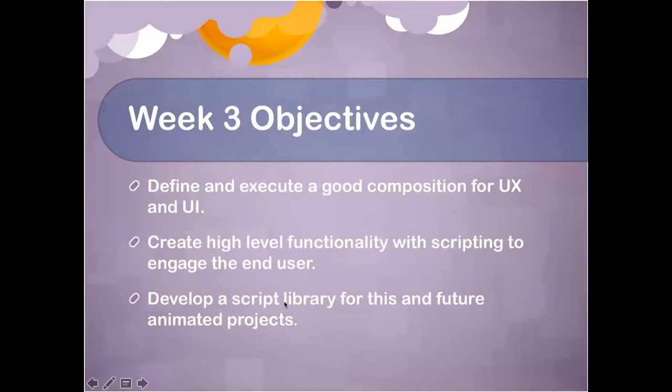Okay, so our objectives this week: define and execute a good composition for our UX and UI, and create high-level functionality with scripting to engage the end user. Basically, we're going to put the interactivity where we want it, and develop a script library for this and future animated projects. And if you recall, at the very beginning of the class, we talked about this script